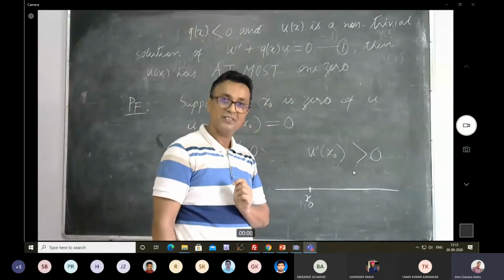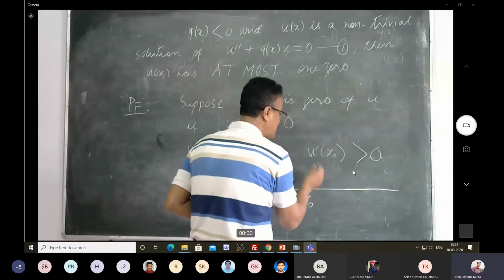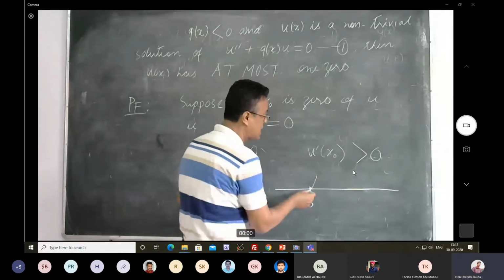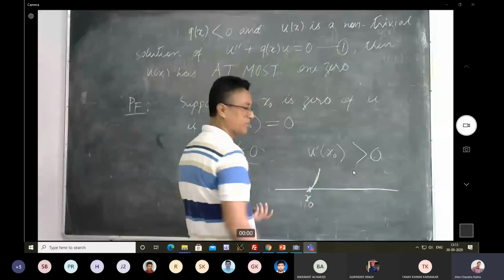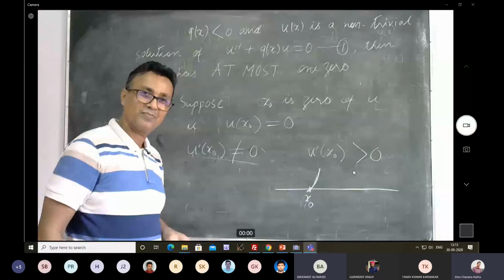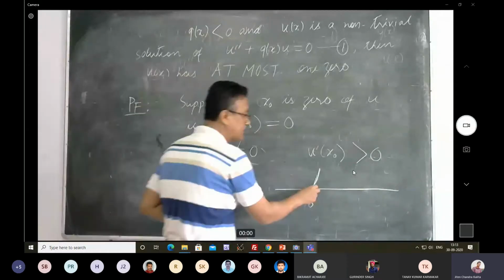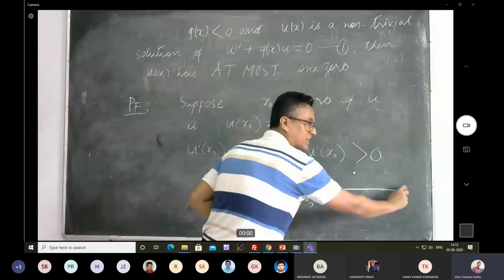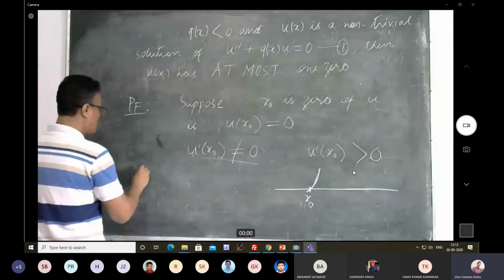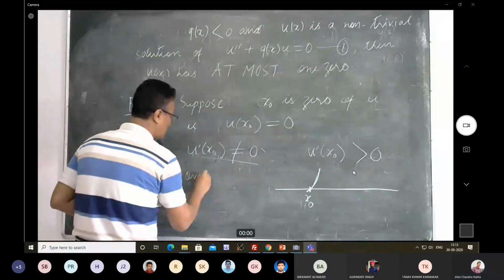So the curve must rise here. If it rises, it has to rise above the x-axis, so that means u(x) is greater than 0